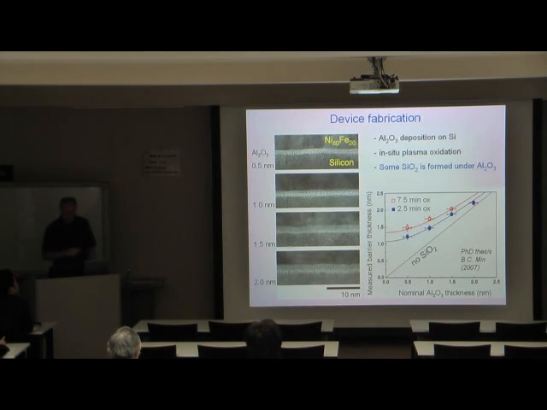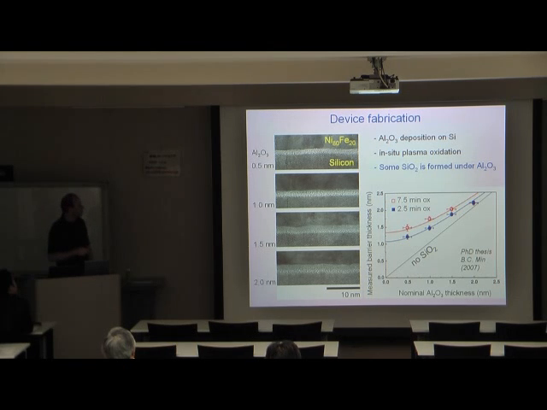Let me tell you a few things about the device fabrication. We start normally with commercial silicon wafers and define a contact by first growing a thick thermal oxide and then etching with HF a contact hole to define the area. And then we deposit aluminum oxide tunnel barrier from an aluminum oxide single crystal by e-beam evaporation, and then follows the deposition of the ferromagnetic electrode. However, we introduced another step here, that is in situ plasma oxidation of the aluminum oxide to enhance the oxygen content of the tunnel barriers.